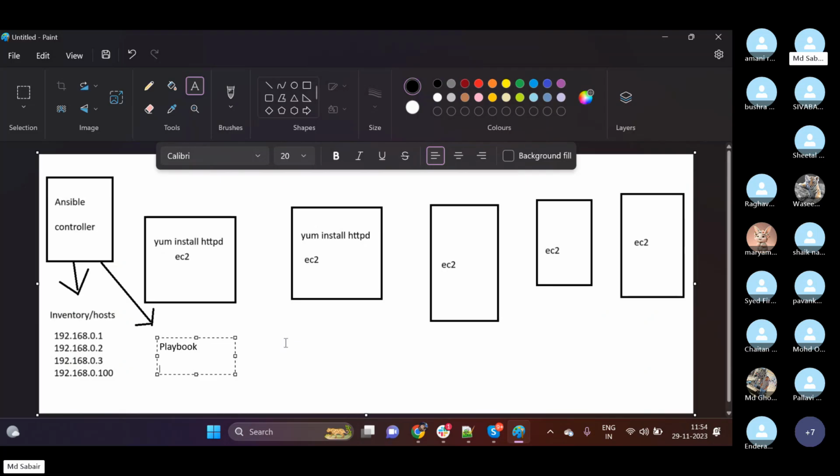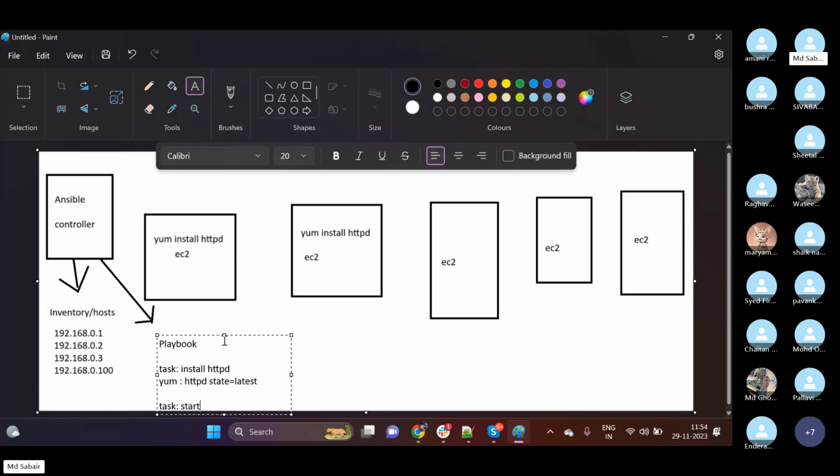So I will create one playbook with a task called install HTTPD, and then in this task I will configure the task name, or else I will use the module called yum HTTPD. For example, if it is Linux based, then I will use the yum module, and then state equal to latest, and then one more task is to